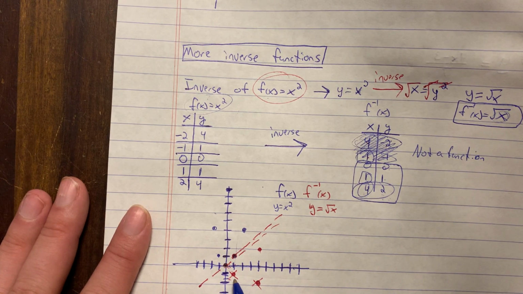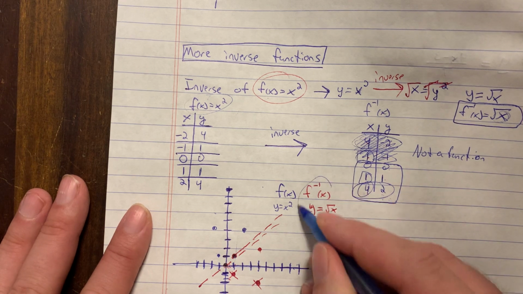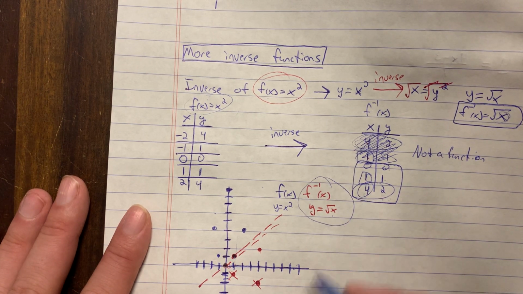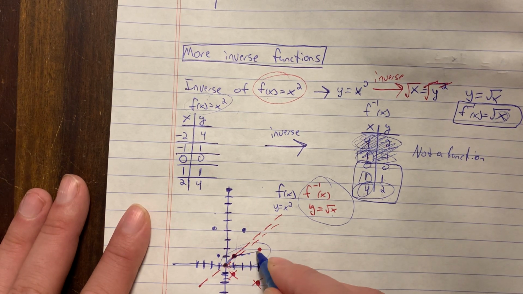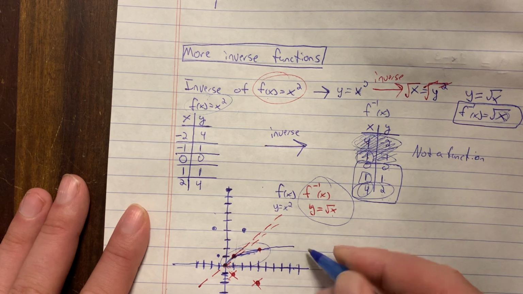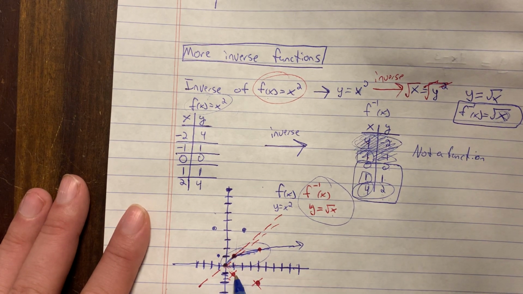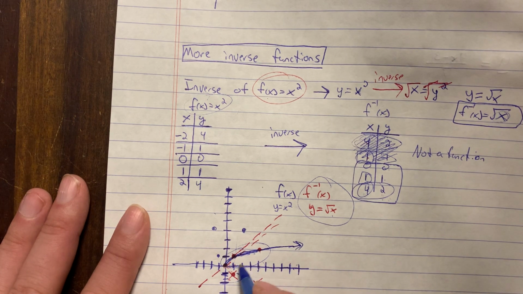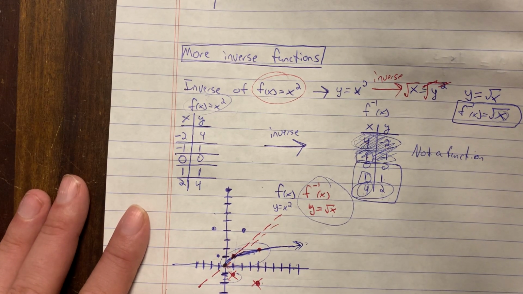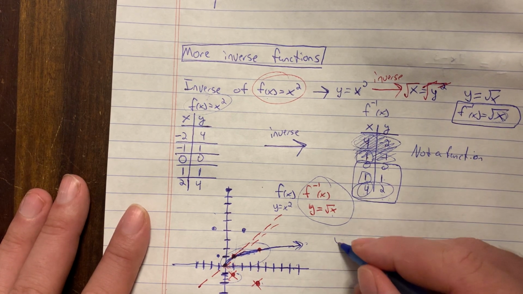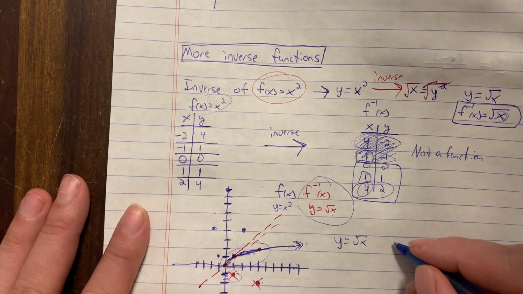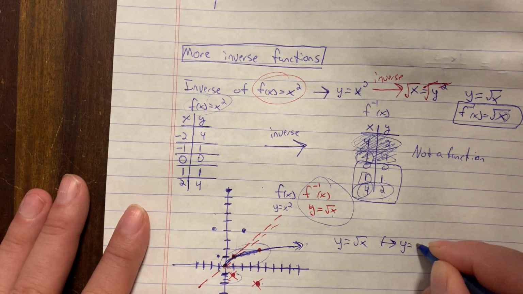And so we're going to do something a little bit weird. This function f inverse of x equals square root of x is only defined for the positive y values because otherwise it wouldn't be a function. So the idea is that if we had these negative y values here and we had 2 y values for each x, it wouldn't be a function. And so the square root function is only the positive y values of this inverse. To make it actually be an inverse with the quadratic, if we want y equals square root of x to be inverses with y equals x squared,